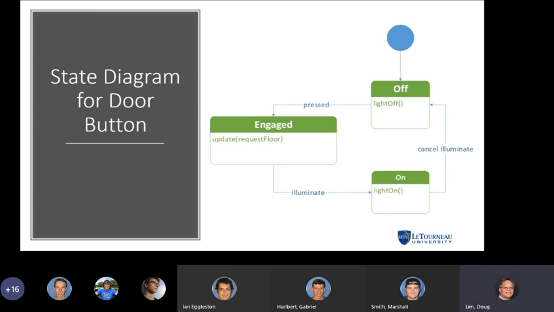Any other questions or comments? And Ian, I think it was Ian that jumped in. Was your design question or comment addressed there? I might have stepped over your comment, Ian. Well, I was just saying you could incorporate the direction using a negative or positive number. But if you're calling the elevator to you, it might not. Right. Yeah, it would probably be overloading the attribute for the request floor.